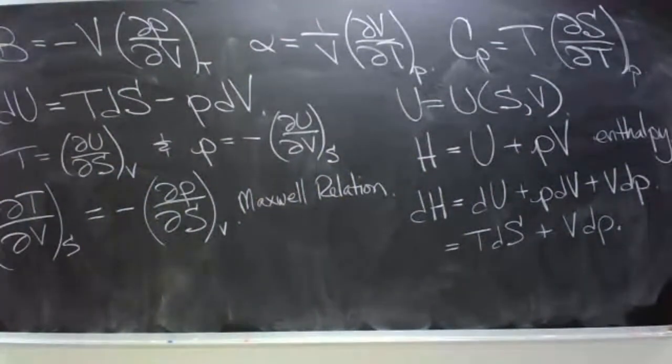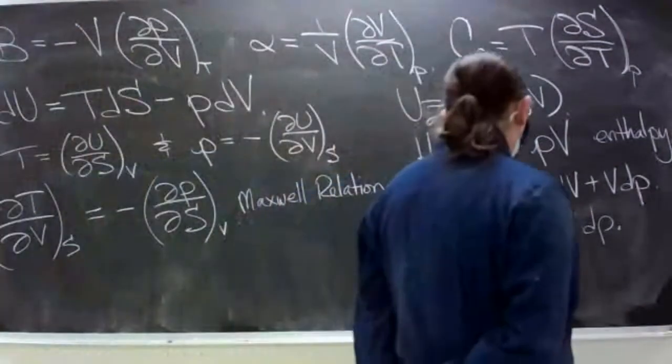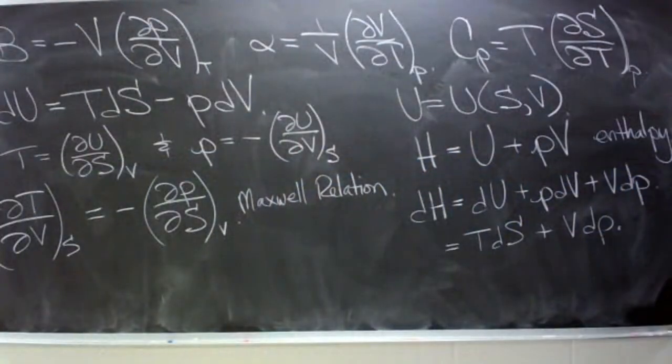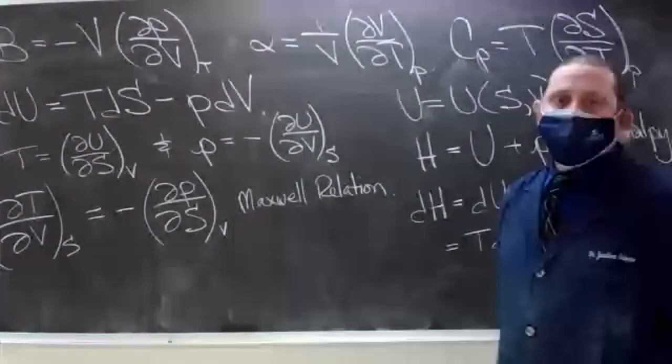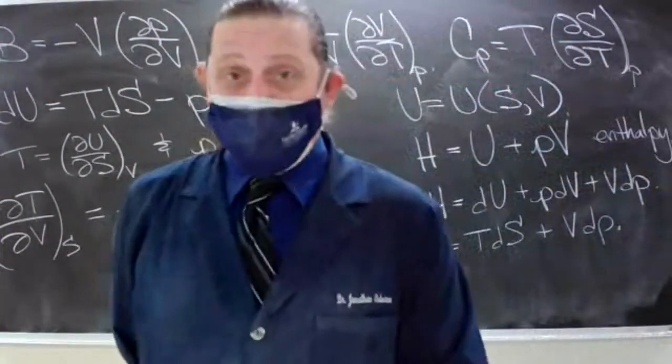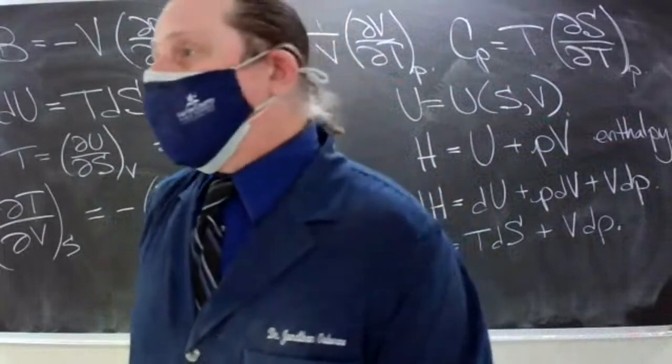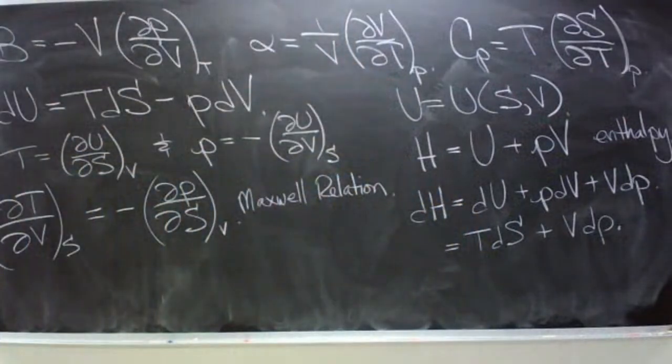So the enthalpy is properly thought of as a function of the entropy and the pressure. Now we're going to use this to develop new Maxwell relations, but the reason why the chemists care